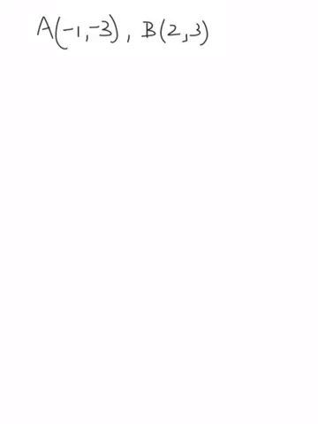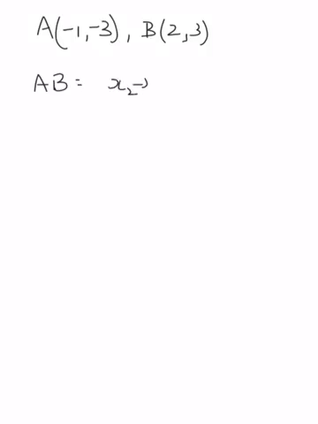We're going to be looking at coordinate geometry, but using the rules this time rather than just looking at the graph. So if I've got 2 points, A and B, A is (-1, -3), and B is (2, 3). If I wanted to find the length of the interval AB, I need my rule, my distance formula, which is